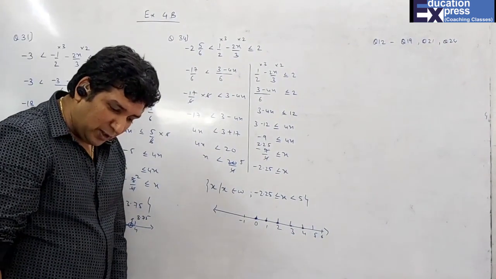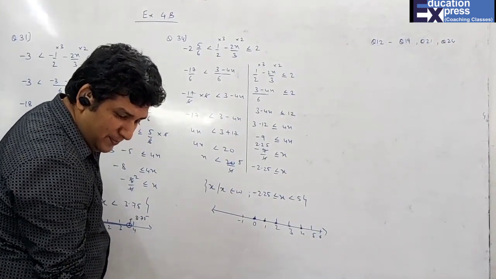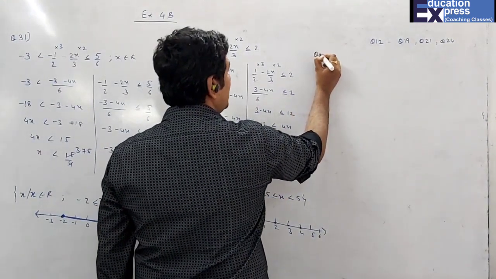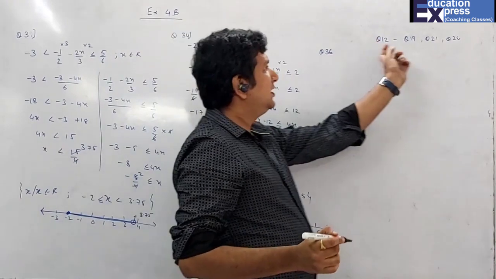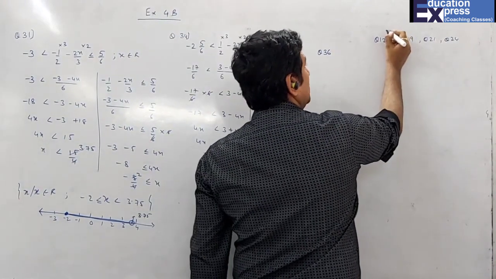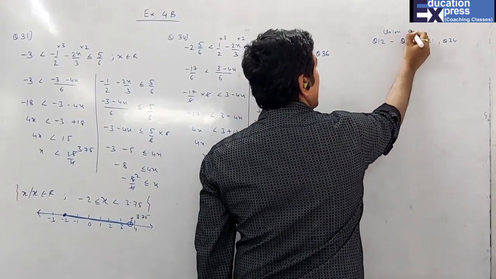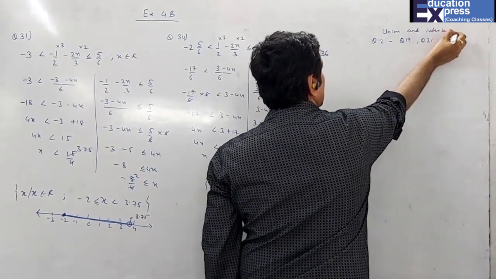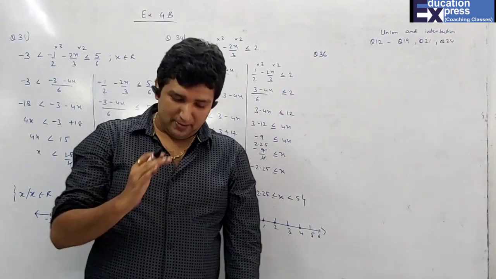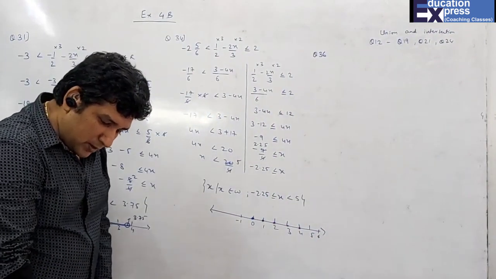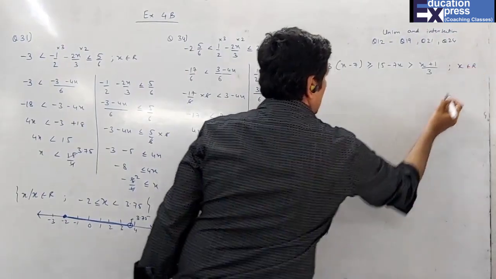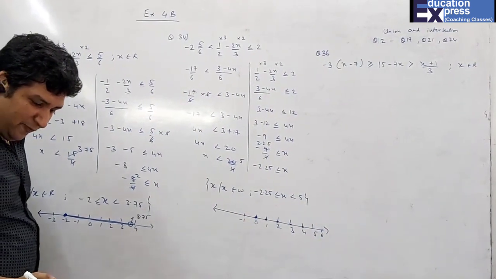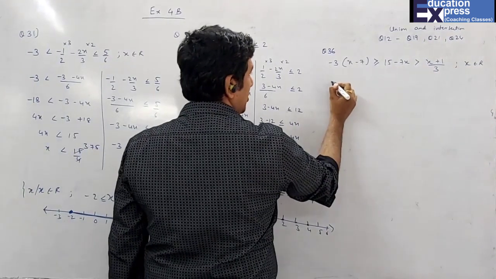Last question number 36. If I am doing this sum, I can say the entire chapter is done except for this concept of union and intersection. The whole chapter, linear inequation, is done. Question 36. I know that obviously if you have seen all the sums properly, definitely this sum you can do now on your own.